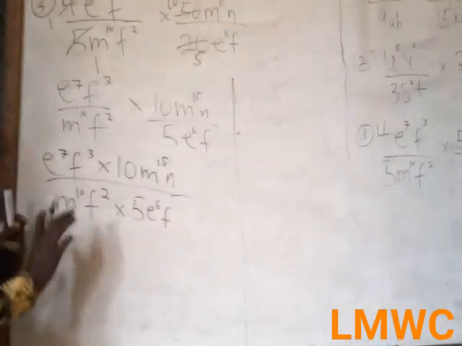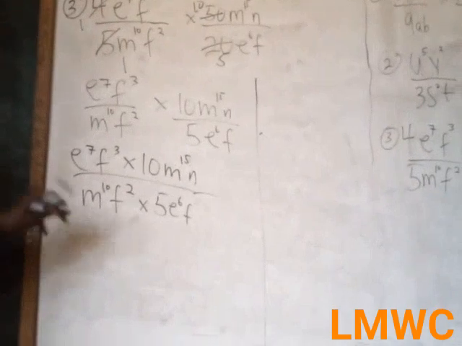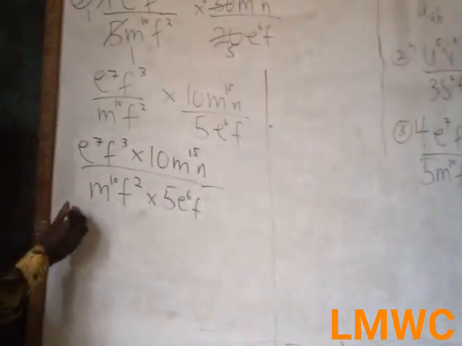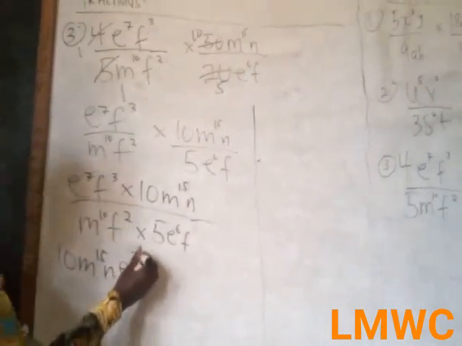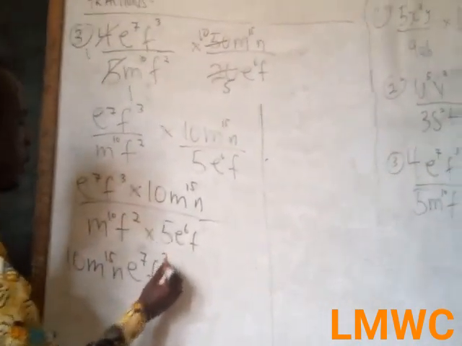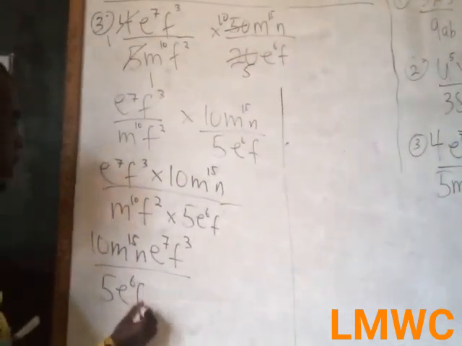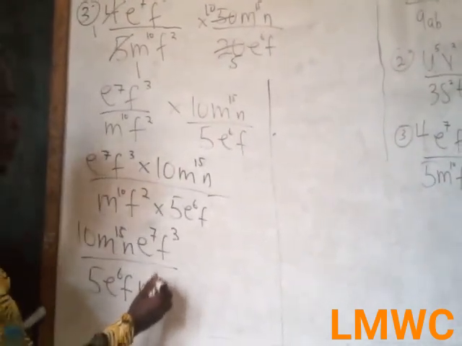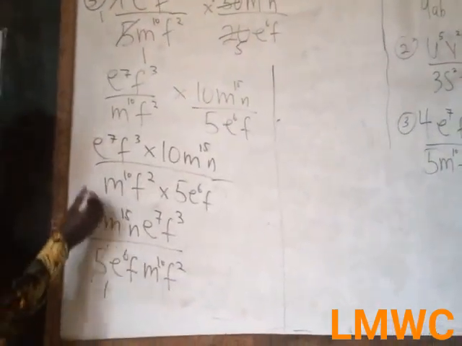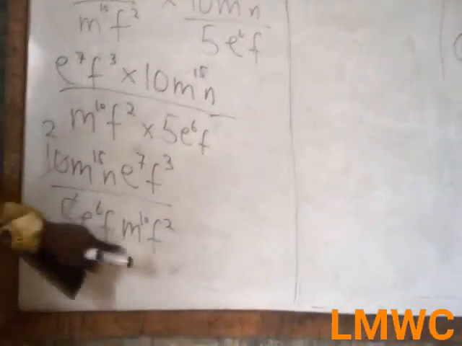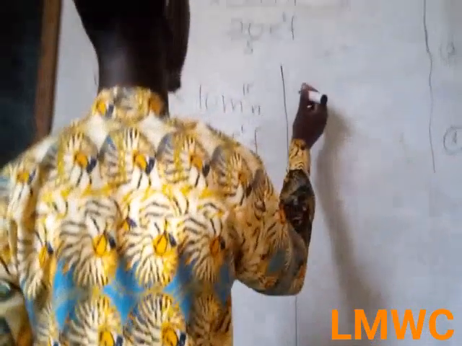Now, you see, you have reached this stage. And to solve this one, it becomes 10 m^15 n e^7 f^3 over 5 g^6 f m^10 f^2. 5 goes here 1, 5 goes here 2. So since the bases are the same and they are dividing, you subtract the powers, the indices. So you have